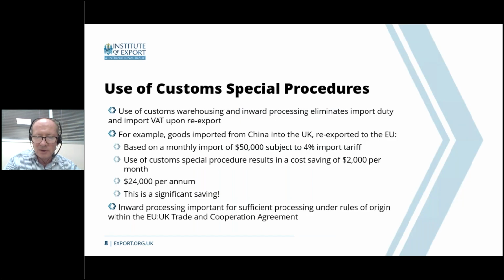So the final slide I want to bring out, and we've seen a lot of increased use of this post-Brexit in 2021, is use of customs special procedures. So for example, goods imported from the likes of China, India, and then exported to the European Union. Clearly it is now an export from 2021 to the EU, which gives possibilities on the import side in using the likes of inward processing if there is a processing procedure taking place, say taking raw materials, semi-finished goods and producing finished goods, and customs warehousing if it's more